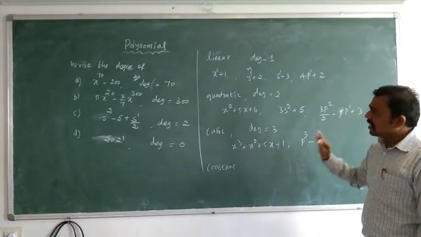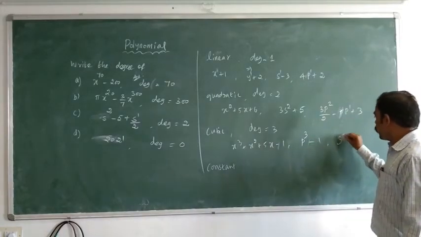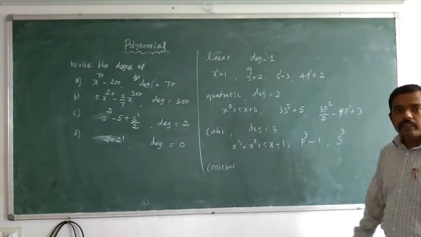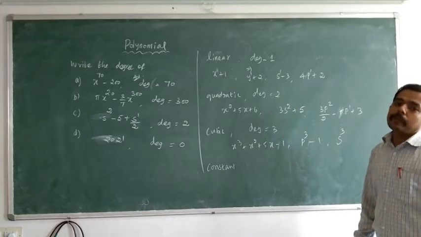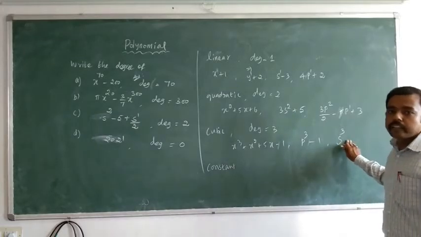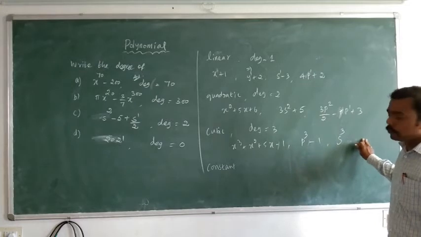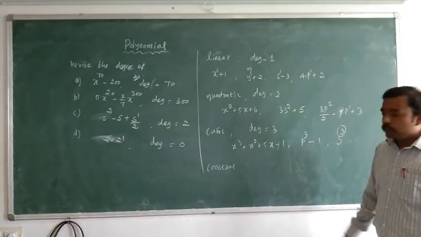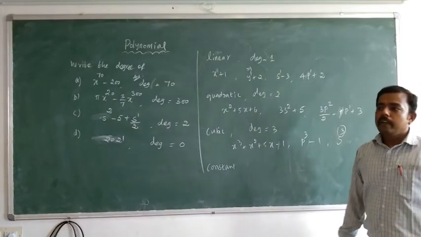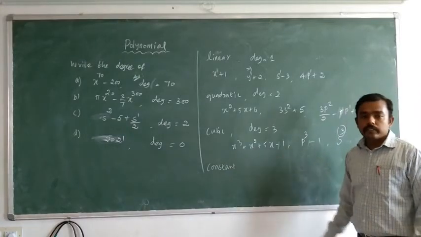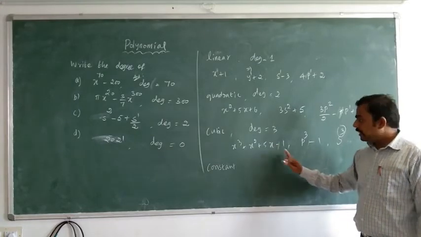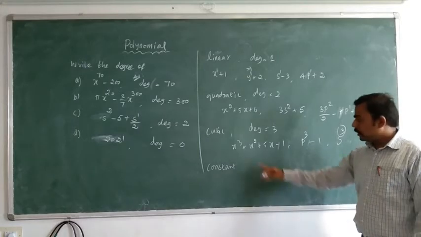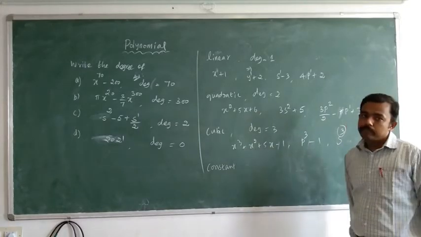So check the degree. Suppose x power 3. Simple expression x power 3. We can write it as a cubic polynomial. There is no x square term, x term or constant term. Don't worry about this. Check the degree. Now the degree of this expression is 3. So like that you can create your own examples. No need for 3 terms, 4 terms. Each has a name: monomial, binomial, trinomial. That's the time only we need the names.